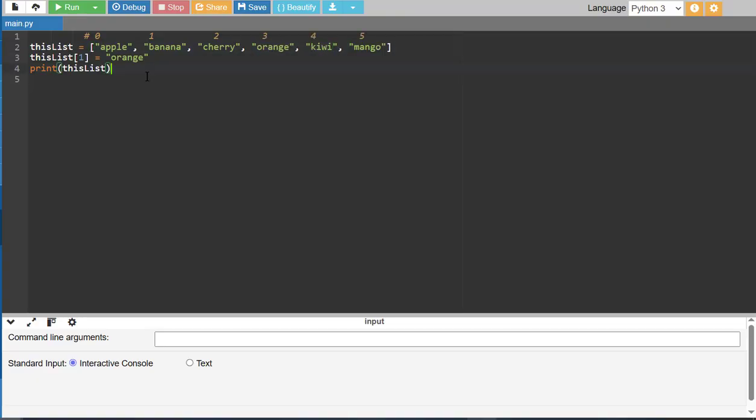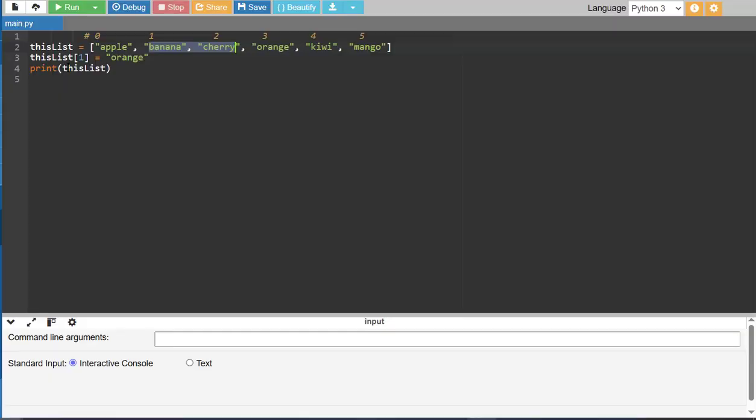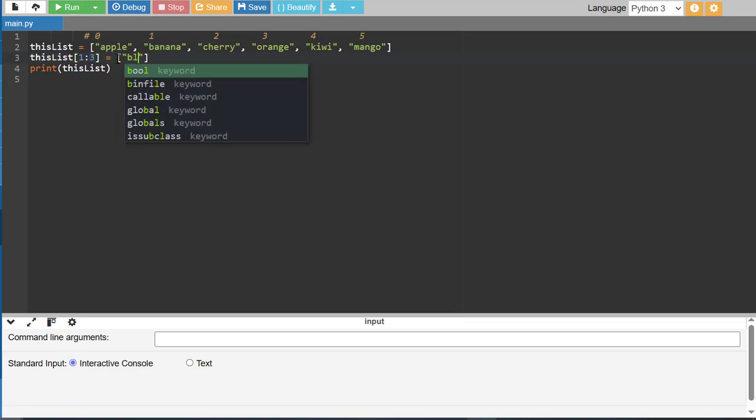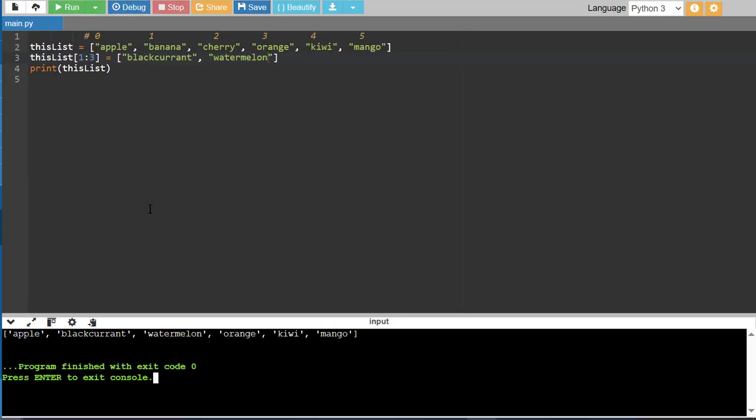And if we want to change the values of banana and cherry to say something like blackcurrant or watermelon, we could specify in this list here a range from 1 to 3. And we can say blackcurrant and watermelon. Now, if we run the program, we can see we have apple, blackcurrant, watermelon, orange, kiwi, and